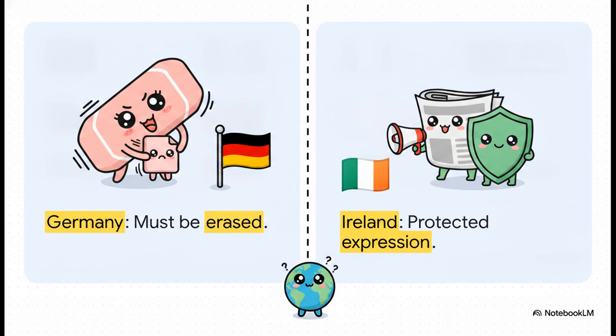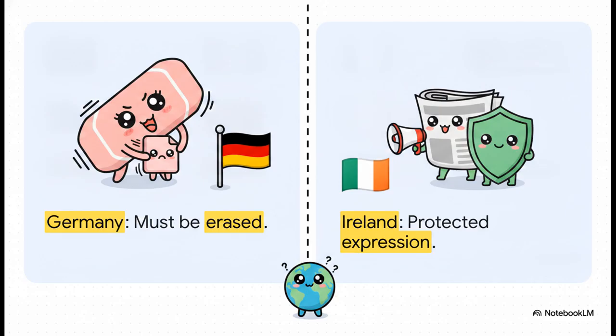A specific piece of data might be legally mandated for erasure in Germany to protect privacy, but over in Ireland, that exact same information might be heavily protected as free expression. For data architects, this is literally a nightmare scenario. You have to build an infrastructure that can execute highly complex geo-fenced deletion logic across multiple distributed databases at the